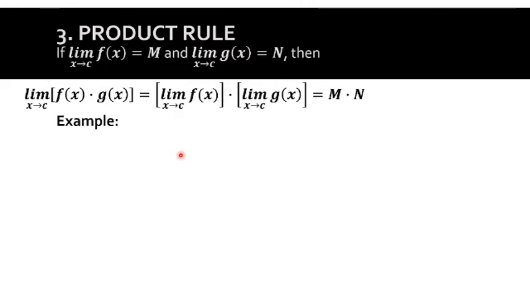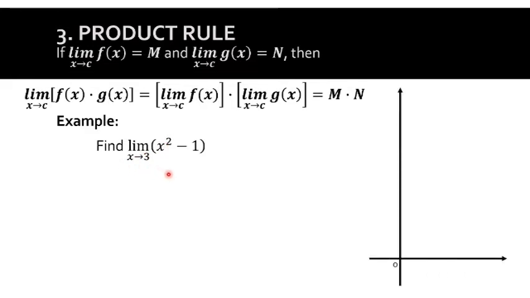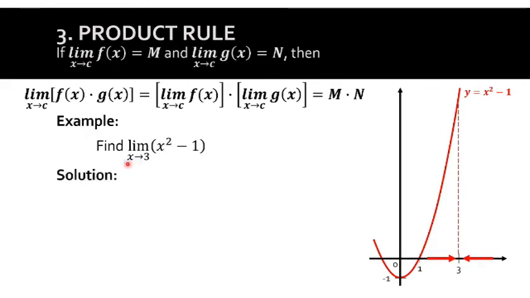Example, find the limit of x squared minus 1 as x approaches 3. We can graph the function y is equal to x squared moved downward by 1 unit, so minus 1. And we were going to find the limit as x approaches 3. Solution. Since the given function has factors x minus 1 and x plus 1, so it is a product of